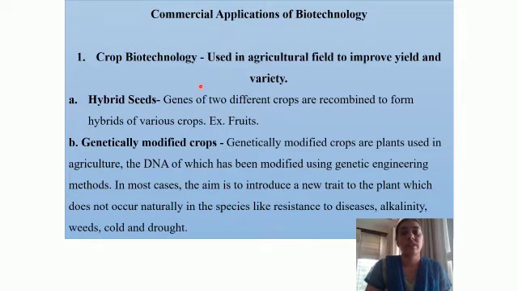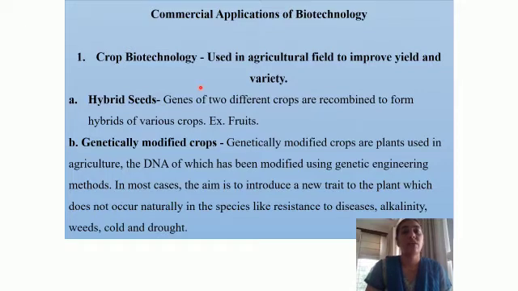The general method that is used is cross pollination between two different species of plants, to create a new species with entirely different characteristics. Using this technology, various kinds of fruits and vegetables have been grown. For example, we have cherry tomatoes. Cherry tomatoes are small sized tomatoes which are grown using cross pollination between two varieties.